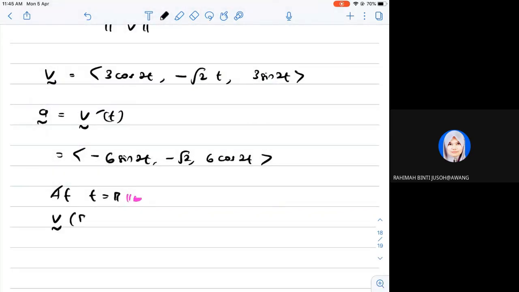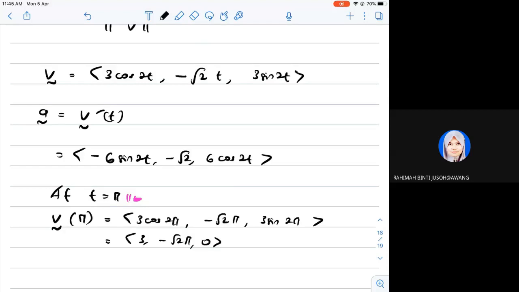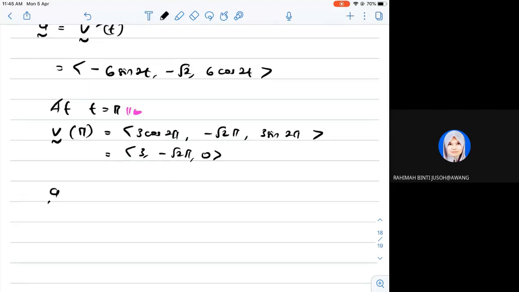velocity at time pi, we have 3 cos 2 pi, negative square root 2 pi, 3 sin 2 pi, like that. And then we will have 3, negative square root 2 pi, and then 0, like this. Okay, and then acceleration at pi is the same as negative 6 sin 2 pi and then negative square root 2, 6